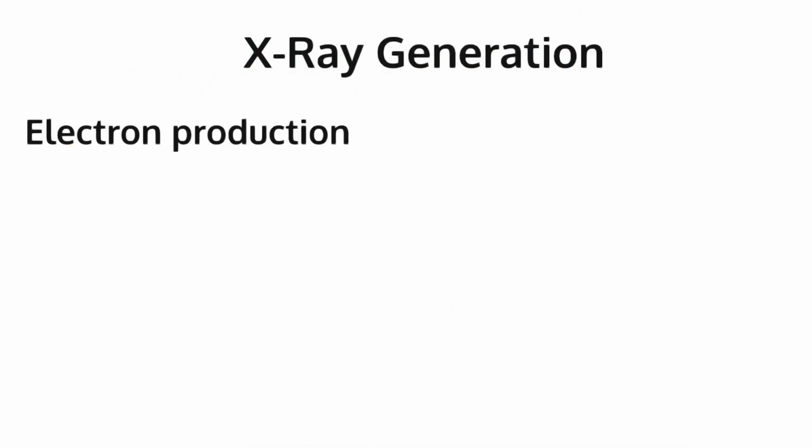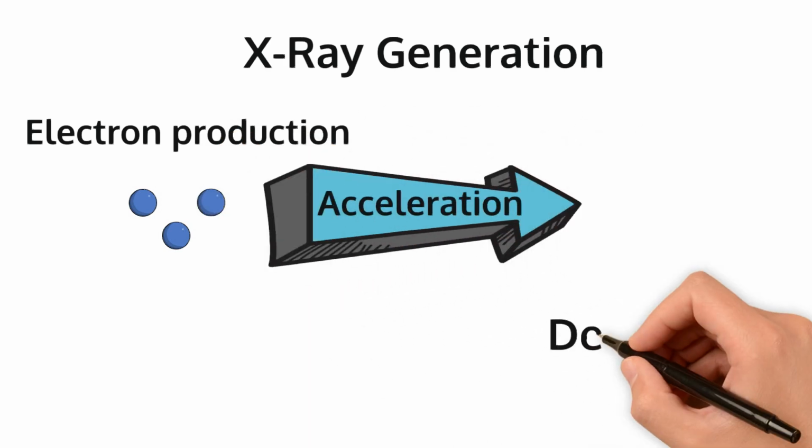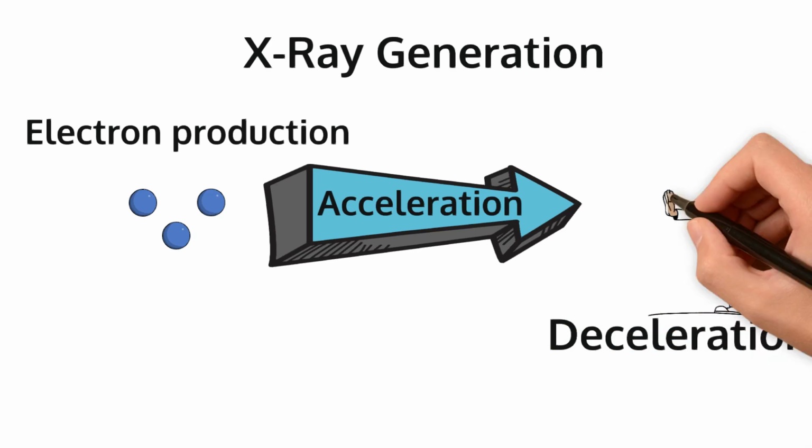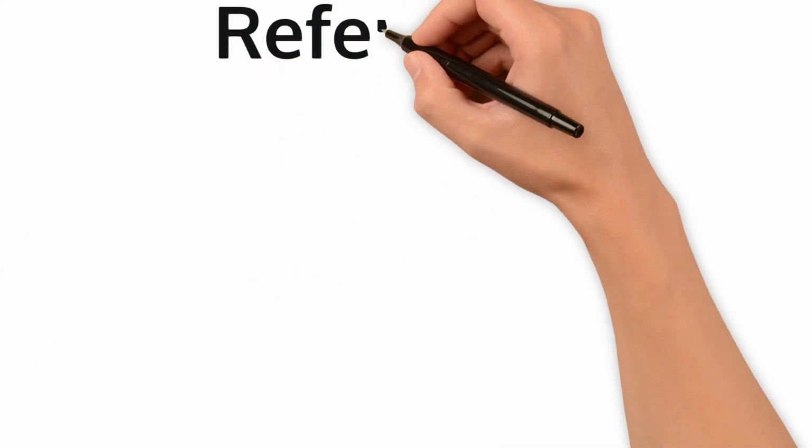To summarise, X-ray generation is composed of three main components: electron production, acceleration, and then rapid deceleration. The resulting X-ray beam is then filtered to obtain the wanted X-ray energies. The next video in this series will discuss X-rays' interaction with matter and is the second in the diagnostic